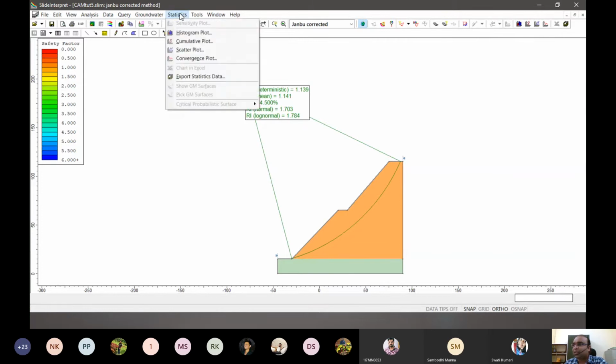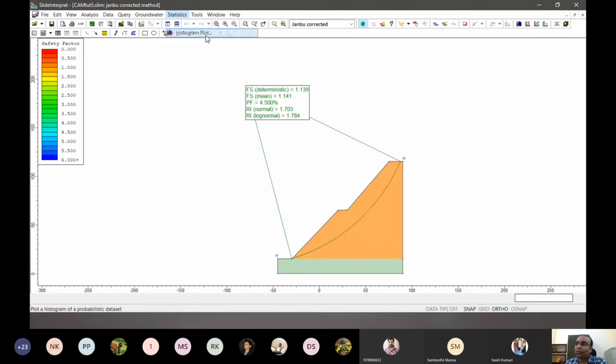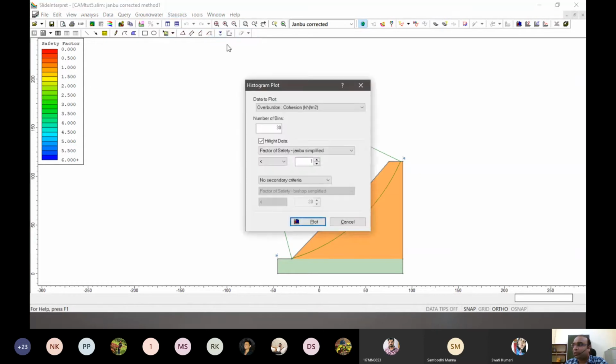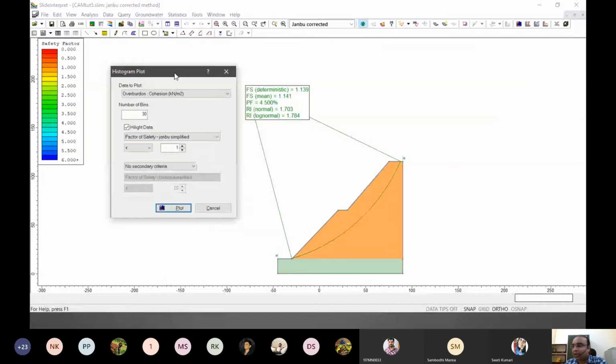So we go to the statistical part and we have the option of histogram plot. You remember the histogram, when we plotted it, we basically found out how the frequencies are distributed in our material, right? When we were talking about histograms in our rock slope technology part. Here also we'll do that, but the analysis is already done by this software.